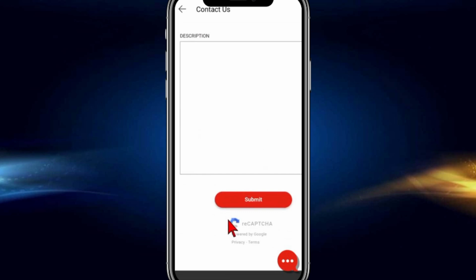And there you have it. That's how to contact Moneygram support. Whether you choose to chat live or submit a form, these steps will help you get the